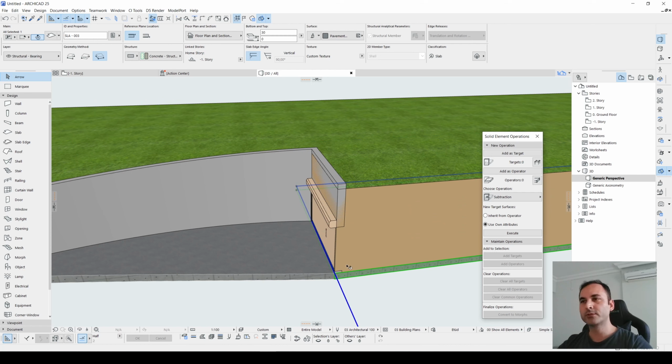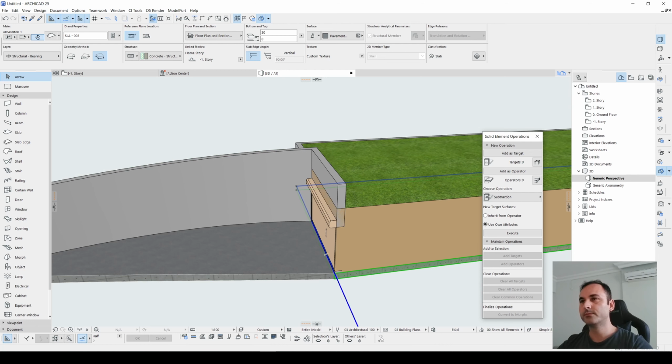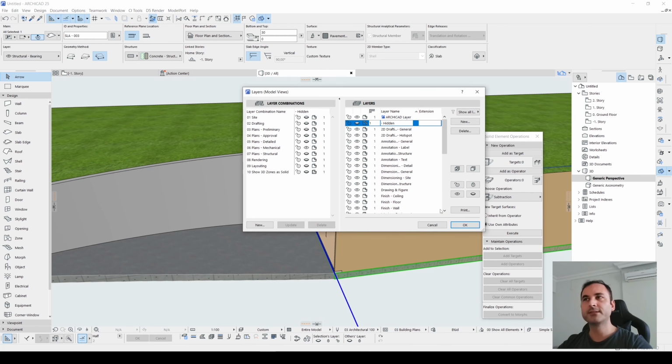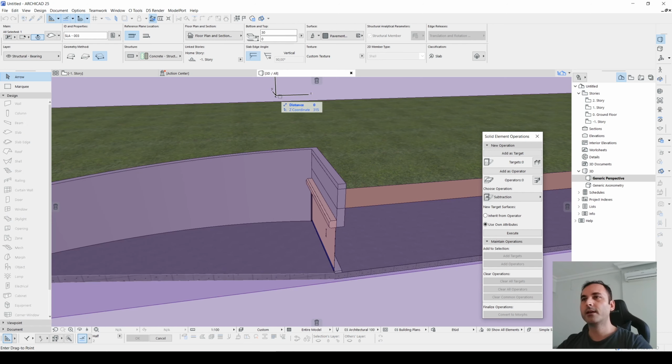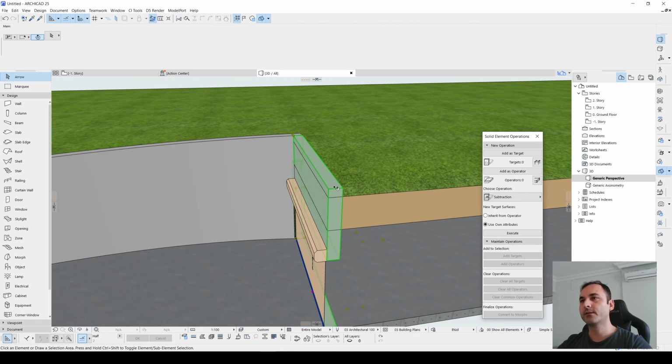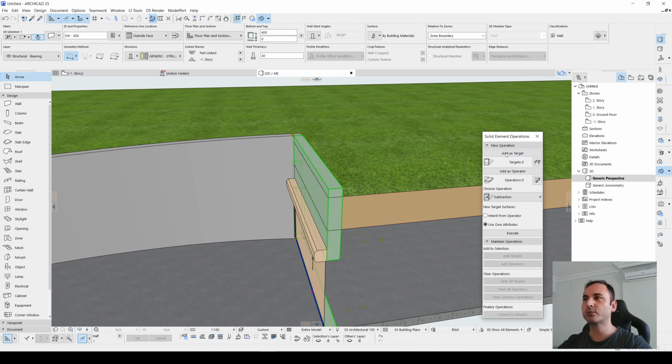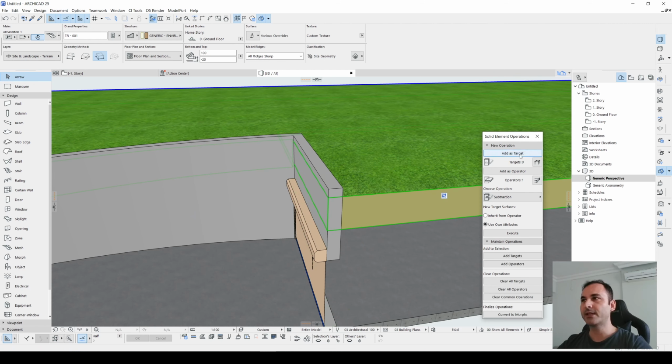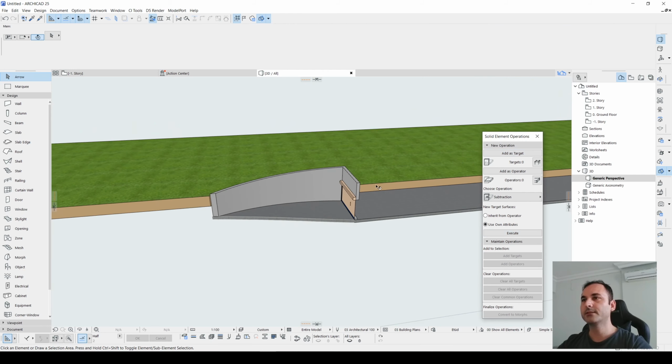So we won't use our cutting mesh. Let's undo. We will fix it from here, and we will click this wall. This is going to be operator again, and this is going to be target, and click subtraction. That's all.